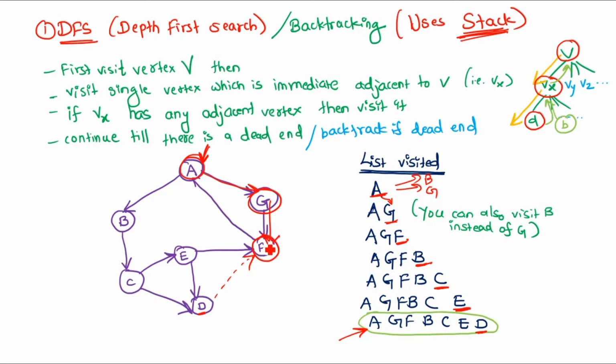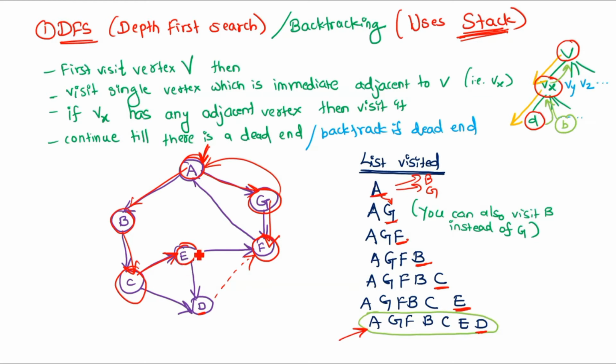So what we will do is go to the previous level. We will check whether for G there is any adjacent vertex available or not. No, so we will again go back over here and check whether there is another adjacent vertex left to be explored. So this is the other adjacent vertex, and we will visit this vertex B. Then if we try to see the adjacent vertex of B, that is C. Now C has two adjacent vertices. Among these two, we'll pick one which is closest. You can choose any one. So I am choosing this one. So this E will be chosen.